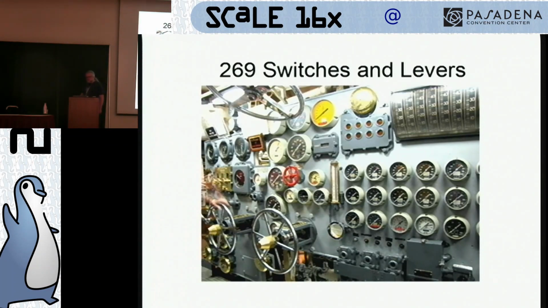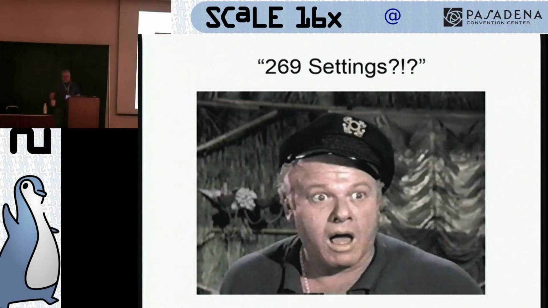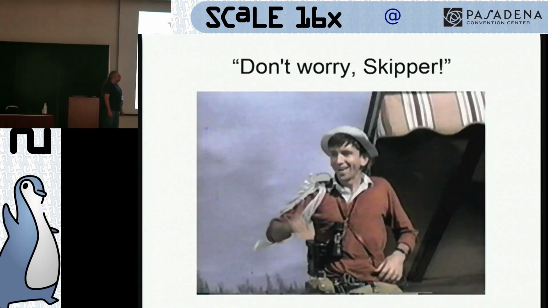But really what we have is 269 as of Postgres 10 switches and levers for controlling database behavior. That's a few. A little alarming to most people, but it doesn't need to be alarming. We make it more alarming than it needs to be, and here's the second thing that might be a violation of conventional wisdom, which is